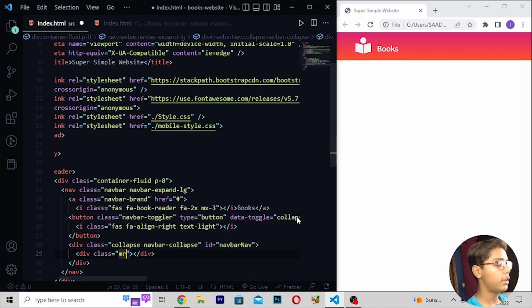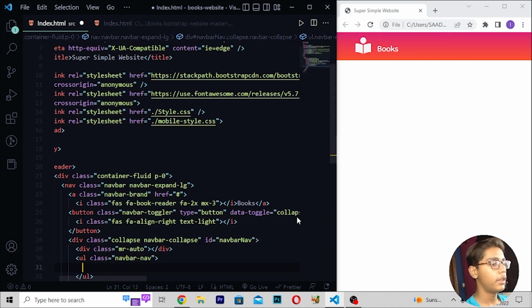Then you have to move down and write div class, then I will write mr-auto. Then move down, after this write ul class, then I will write navbar, and here I will write nav. Then write li class, then nav-item active.